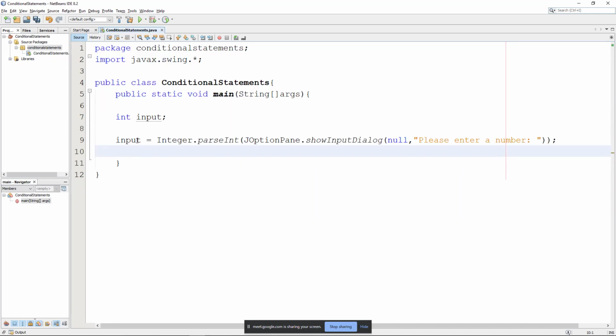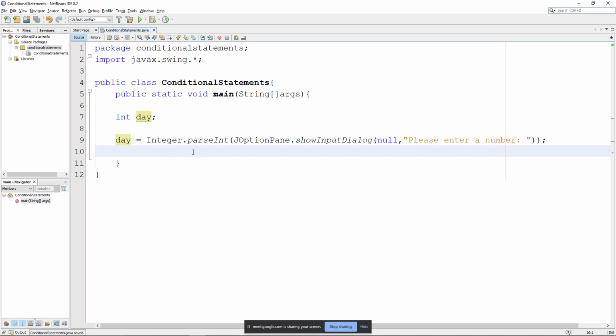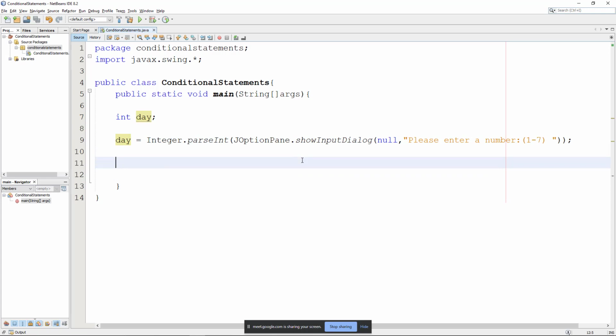Yan. Sabihin natin day yan. Day na rin yan. Please enter a number, tapos 1 to 7. Now, using switch case, pwede nyo gamitin to. Kasi, kapag hindi nyo gagamitan yan ng switch case, ang mangyayari dyan, if day is equal to 1, if day is equal to 2, if day is equal to 3, and so on. Tama? Pero using switch statements, as you can see,